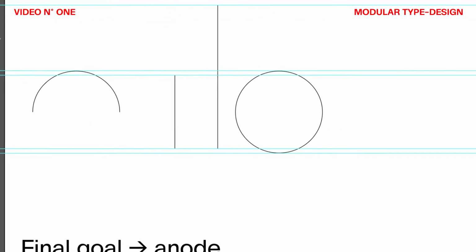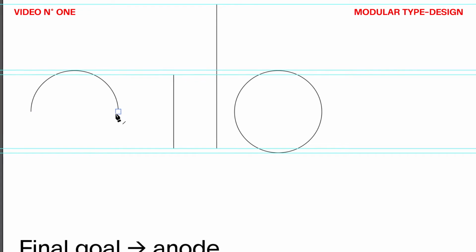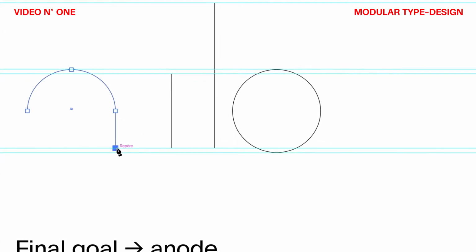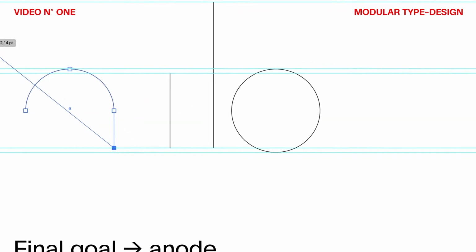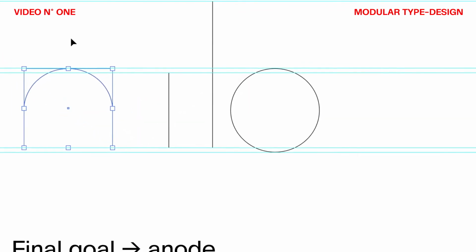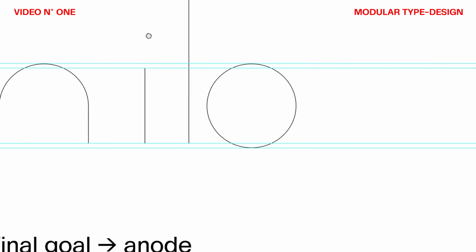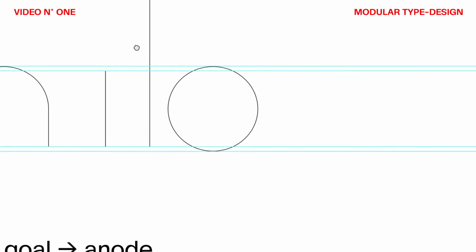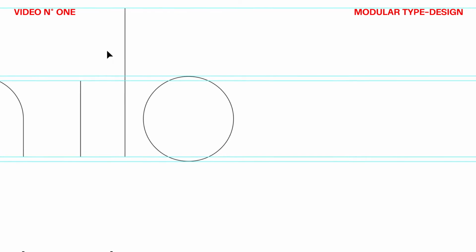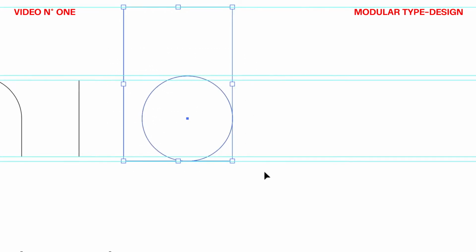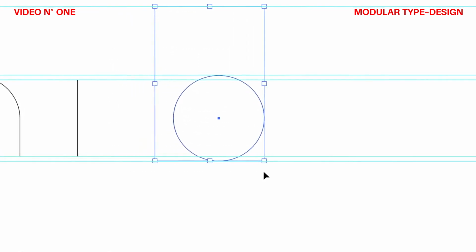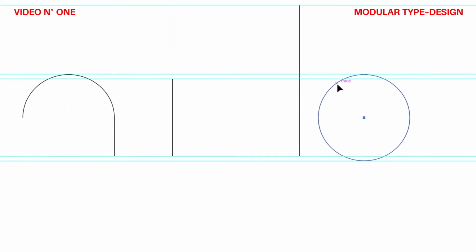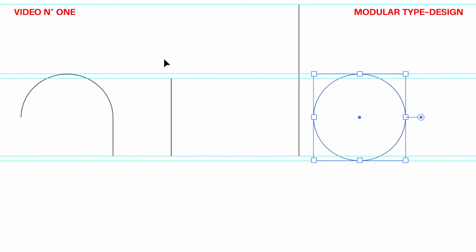Here is to show you that just with a circle and a line, we can get all the forms we need to make a font, and we're making, of course, a modular font, so that it has consistency and all the letters feel that they're made from the same family. That's super important. One rule that you can see here is we have 2 lines on top, 2 lines on the bottom, and